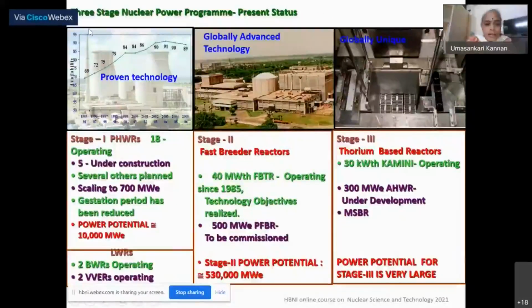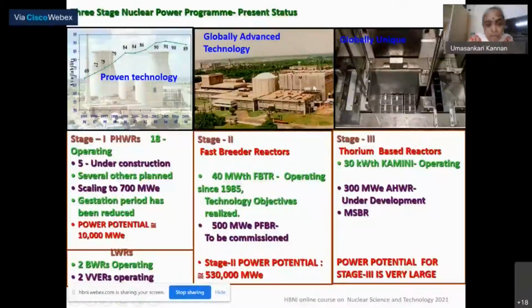I would like to dwell on this slide for a little time because this basically gives the Indian nuclear power program. First of all, we started with some proven technology. On a turnkey basis, we went in for the CANDU type of reactor because, from our natural resources point of view, we had a lot of natural uranium, and our natural uranium was not of very good quality. So if we have to enrich it, we would be spending more energy in enriching that fuel.